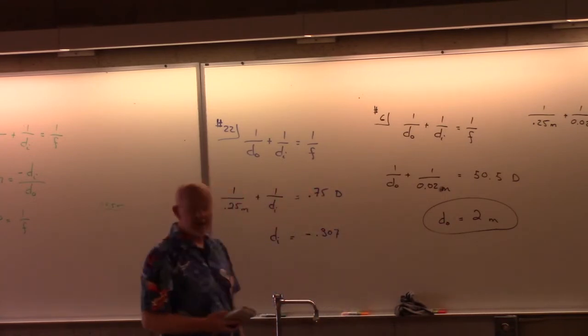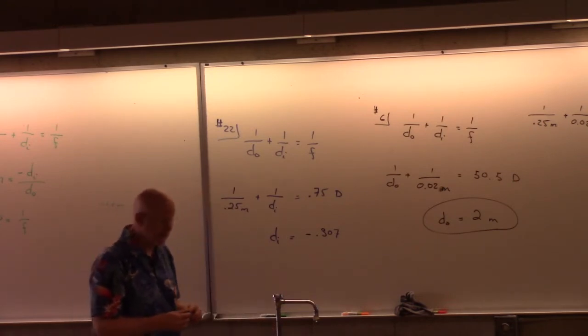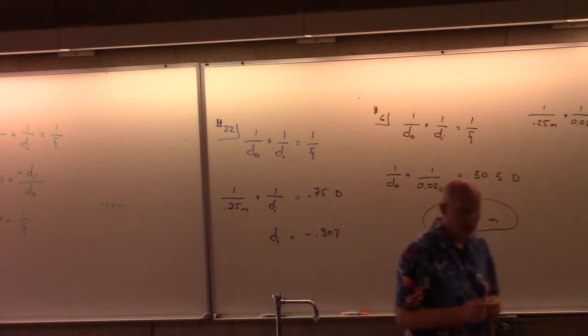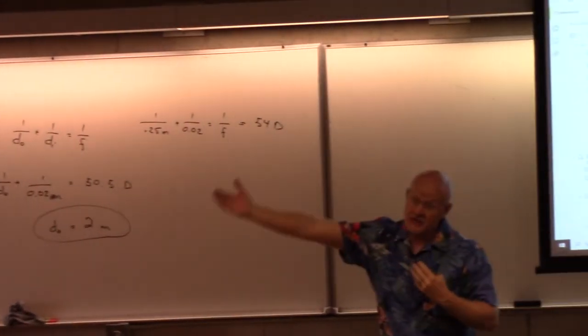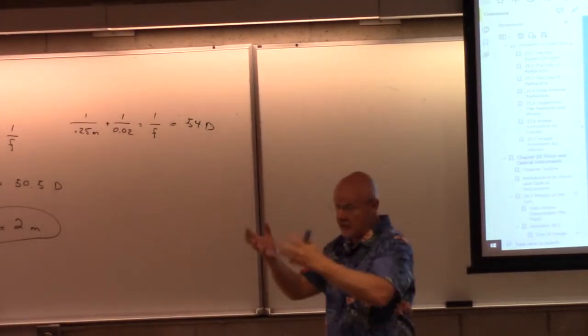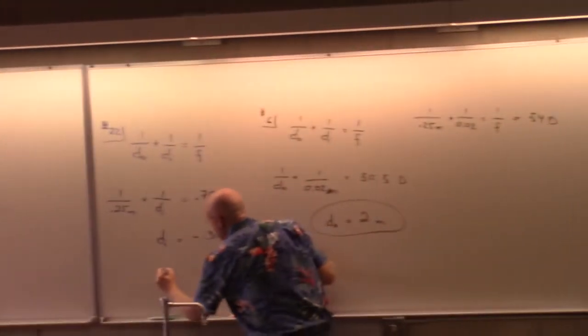Now, of course, the negative means it's going to be virtual. And that's perfect. That's exactly what we would want. We, of course, want it to be virtual. We want the image to appear on this side of the contact lenses, right? We don't want it to be on the real side. But then, not worrying about the negative here,